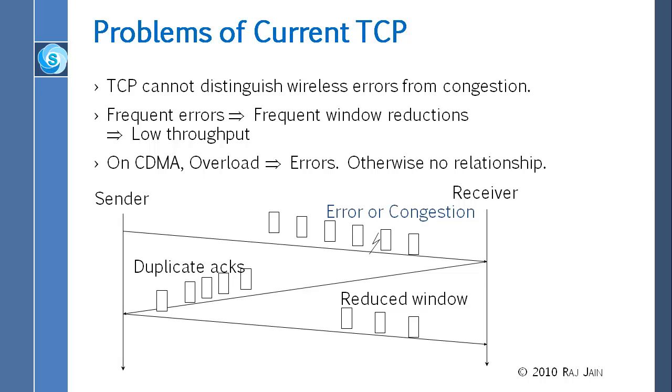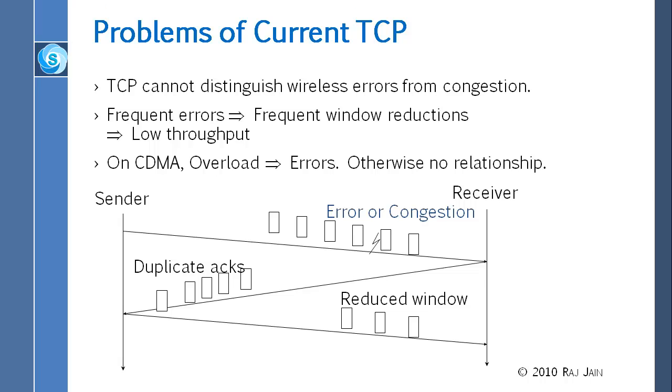All right? So if you have a wireless link where you are losing packets, two things you have to do. First of all, find out whether it is error or congestion. And if it is error, do nothing, just retransmit the packet. If it is congestion, then do one of these slow start things. Right? Now the problem is we cannot do either one